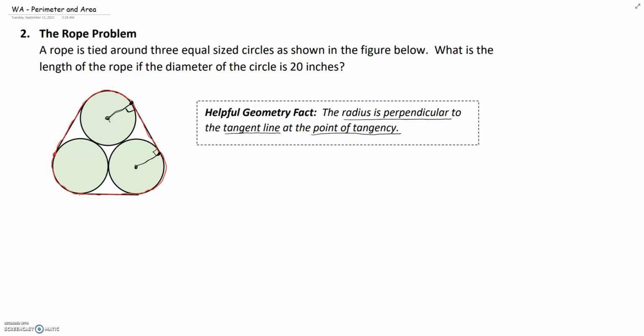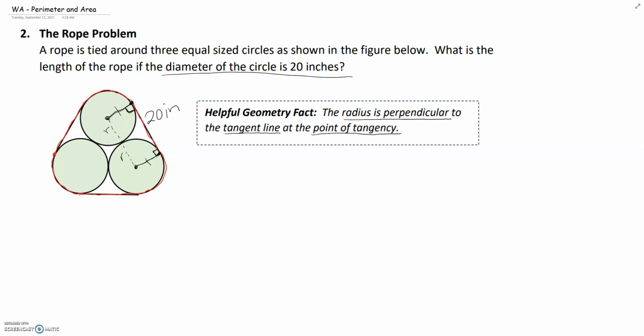And then if you connect this part right here, you will see that that part would be the diameter of the circle, because this is one radius, that's another radius. And the diameter of the circle is 20 inches. So that dotted line is the same as that straight length there, and so that would be 20 inches. The reason why it's the same is because if this is going to be a right angle, this is going to be a right angle, and then this length is the same as this length, then that's going to make this